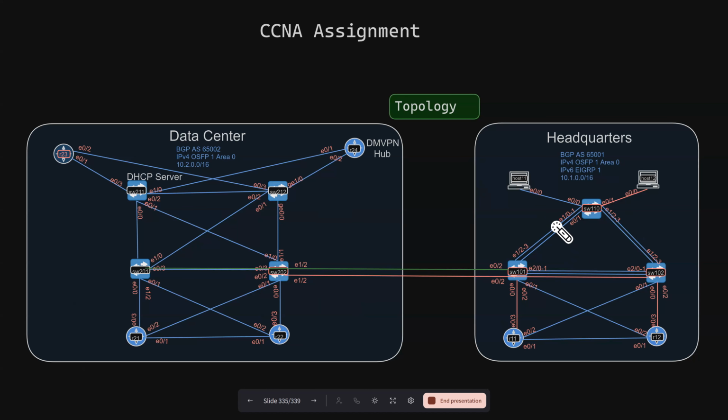Then you have to enable DHCP snooping trust on these links, because they are going towards the DHCP server which is in the data center. So make sure that port channel 1 and port channel 2 are trusted interfaces. Those things we have to complete